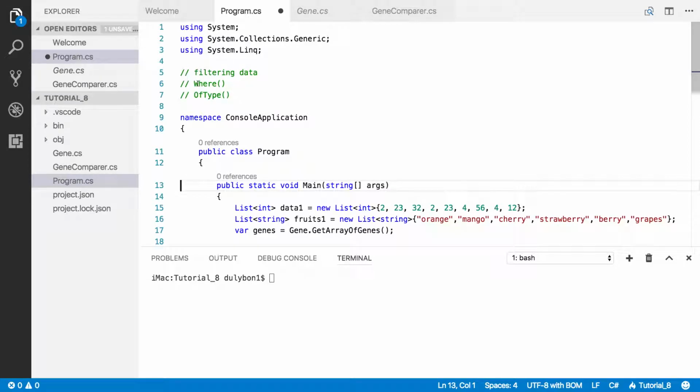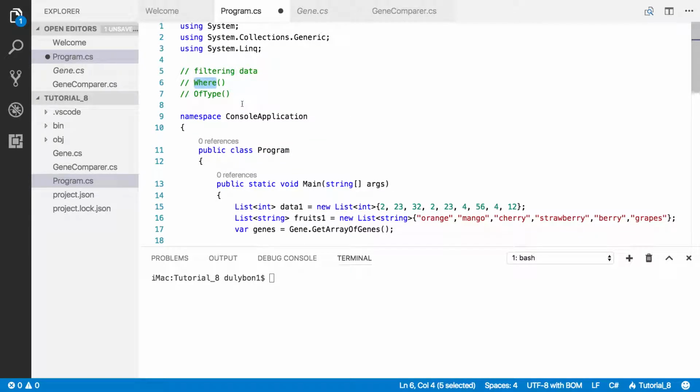So in this video we will talk about filtering data using the Linq operators. There are two operators we can use to filter data. One of them is the where operator and the other one is the OfType operator. The where operator is the subject for today. The OfType we'll talk about in a future video. So with the where operator, we can just grab a portion of a collection based on if they meet a